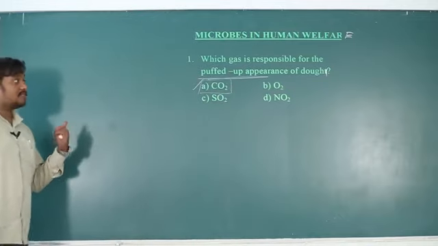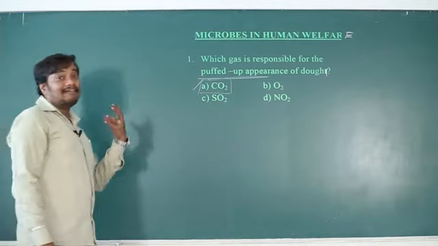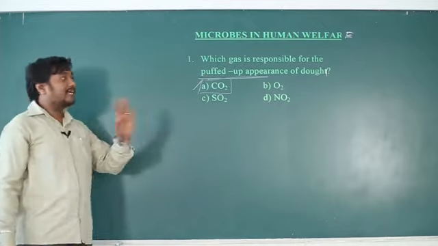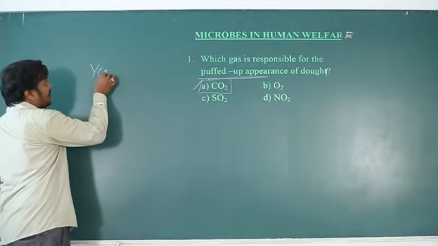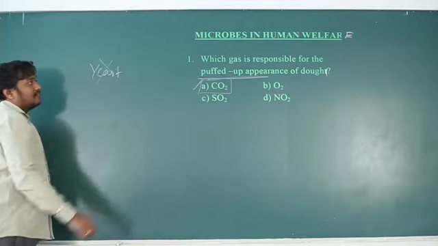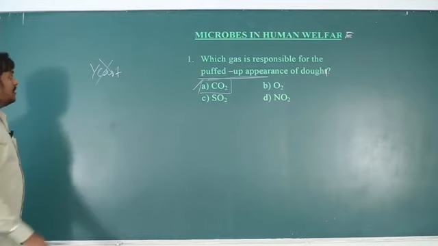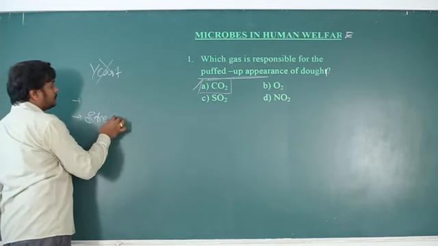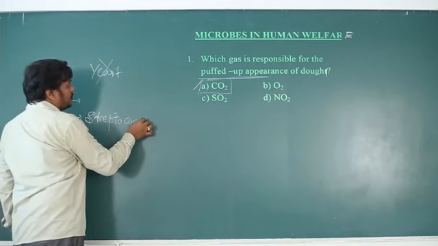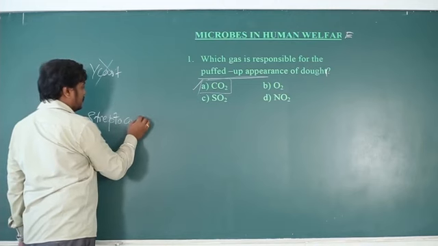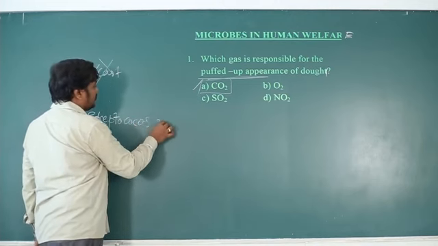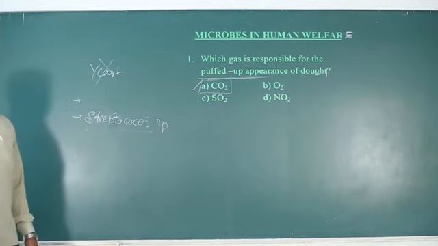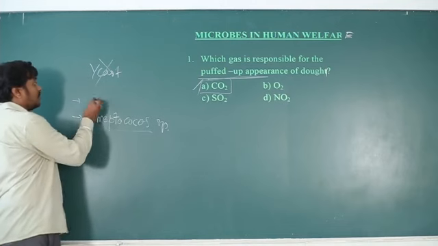But which organisms are responsible for the production of CO2 in idli and dosa batter? Remember, in idli and dosa batter preparation, we are not going to add any yeast. Don't think it is due to yeast. So yeast is not responsible for that batter. The two organisms responsible are Streptococcus species. Predominantly it was said to be Streptococcus, but a recent investigation showed that instead of Streptococcus,